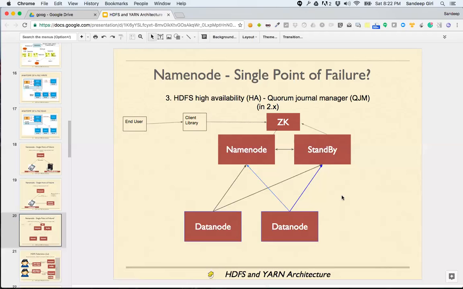So standby is a hot backup or hot swap available at any point of time.